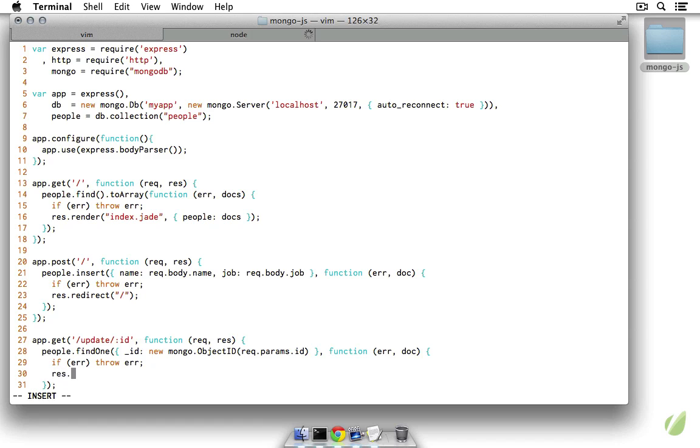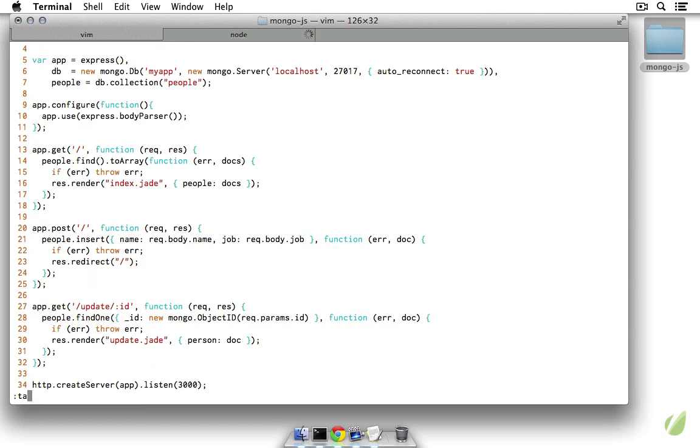However, if there's not an error, we are going to render the update.jade template, and we will pass it the local variable of person, and this person will be the document that we just received. Excellent. So now we're ready to open